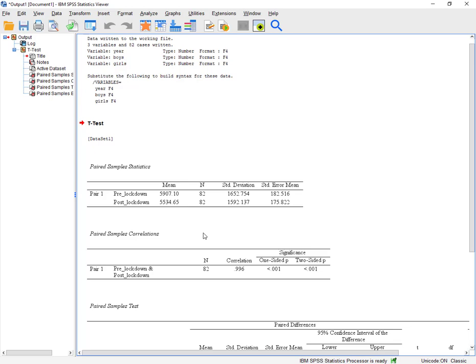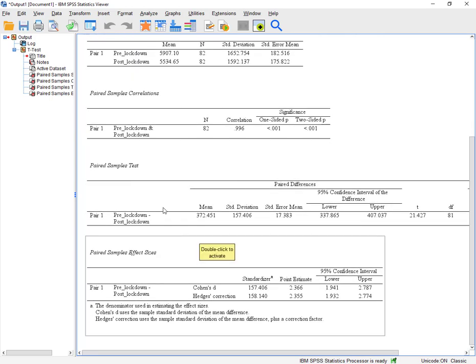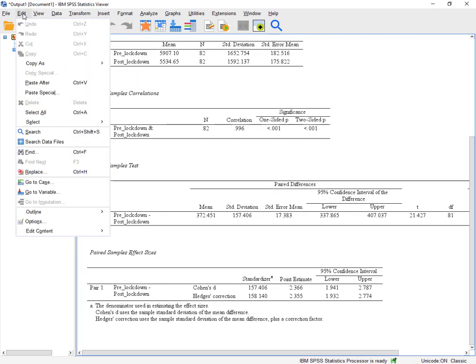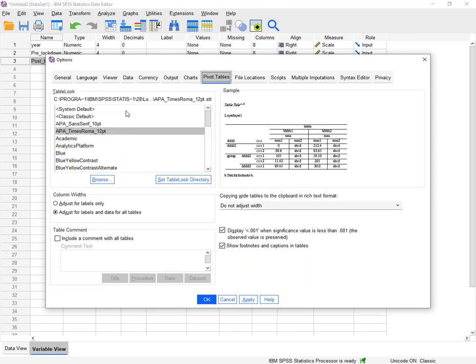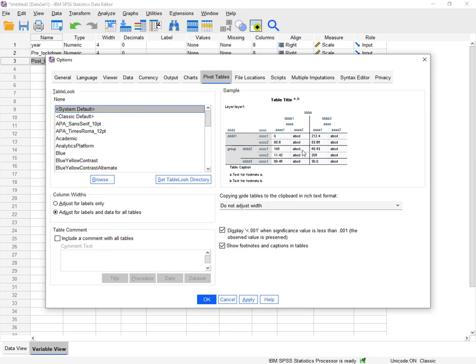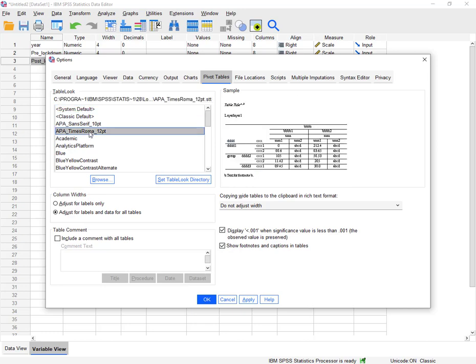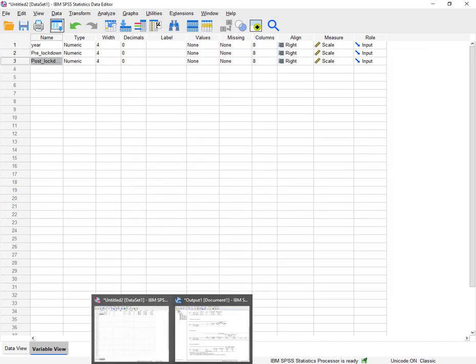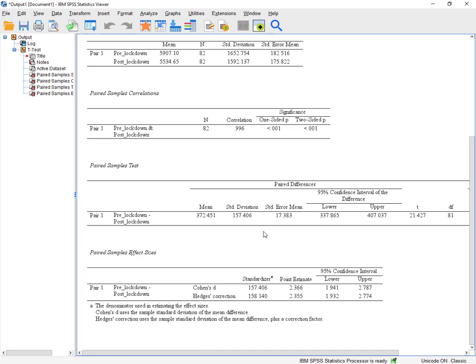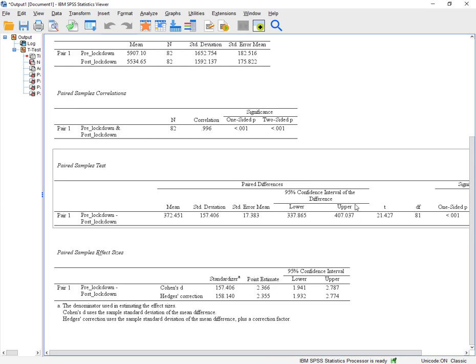And we're going to say OK, and you'll see that my output is in APA format. I'm going to show you how to tell your computer to do that. You go to Edit, come down to Options, click on Options, come over here to Pivot Tables, and you'll see System Default is what we're used to seeing. If I click APA Times New Roman, I get that, and it'll give us output that looks like this. Either way is totally fine, but for publication or for your dissertation or thesis, you might want to use APA